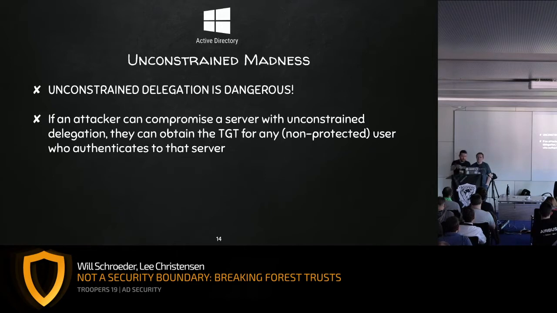But anyways, I compromise a random unconstrained delegation server, and then anyone that authenticates to it, I can extract their TGTs out of memory and then pretend to be that person. So the classic attack scenario for this that I think Sean Metcalf talked about was kind of like a watering hole type attack. Or if you compromise this type of server, maybe you send a UNC link in an email to an admin, or you do an LNK file on a file share. Somehow you're trying to coerce people to connect to basically your capture server.